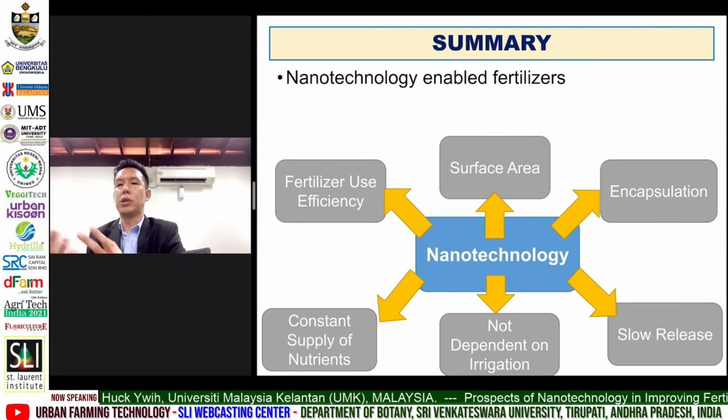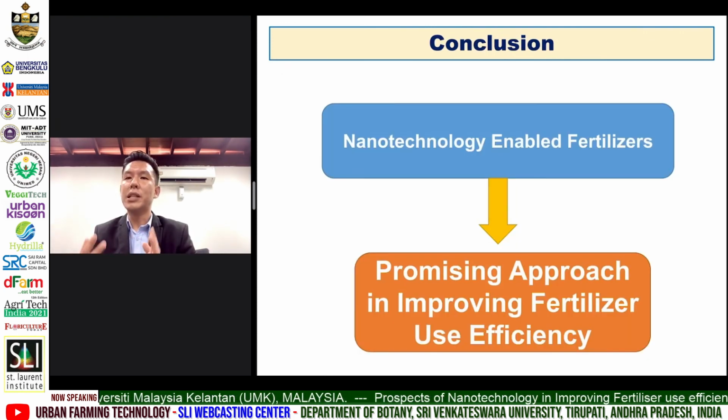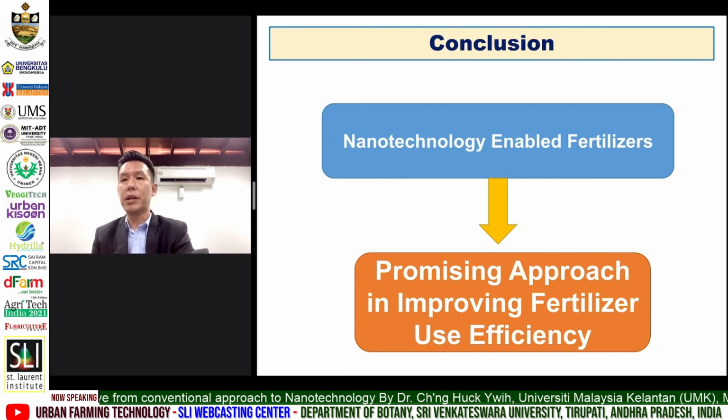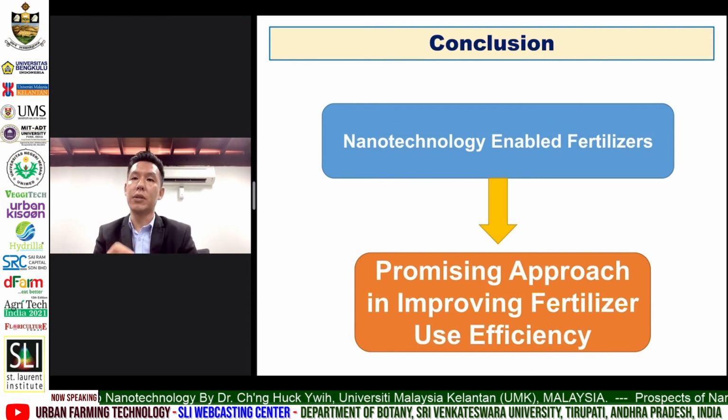In fact, this nanotechnology has opened up new opportunities to enhance the fertilizer use efficiency and limit the costs of environmental protection. In conclusion, nanotechnology-based fertilizers seem to provide very promising findings and effects in improving the fertilizer use efficiency. And this approach has a very good prospect in Malaysia, especially since Malaysia has 4 major problematic soils, whereby the application of this nanotechnology could help to improve the fertilizer use efficiency when fertilizers are applied in these 4 major problematic soils. And as a recommendation, the risk assessment, especially of the application of nanoparticles on soil health and human health, should also be highlighted and looked into.